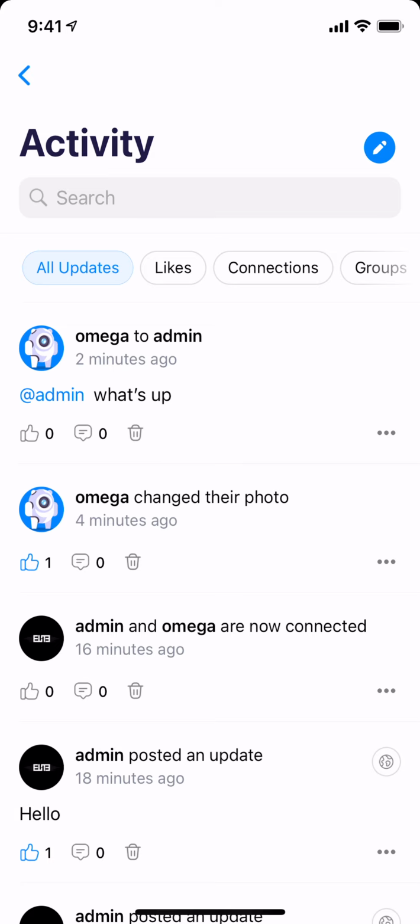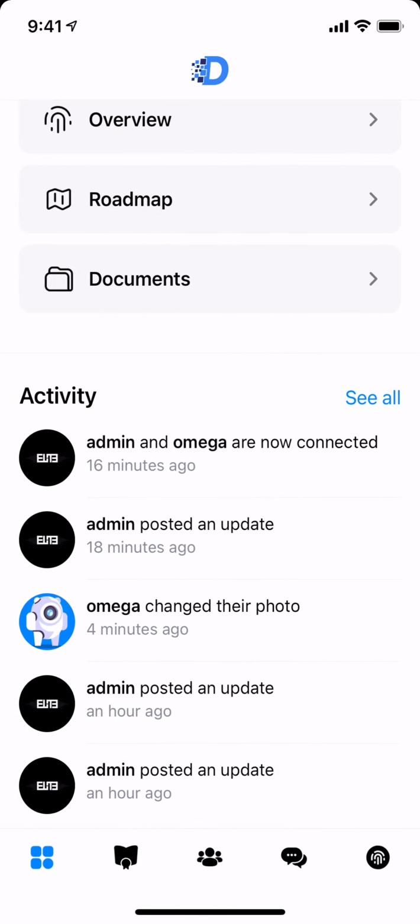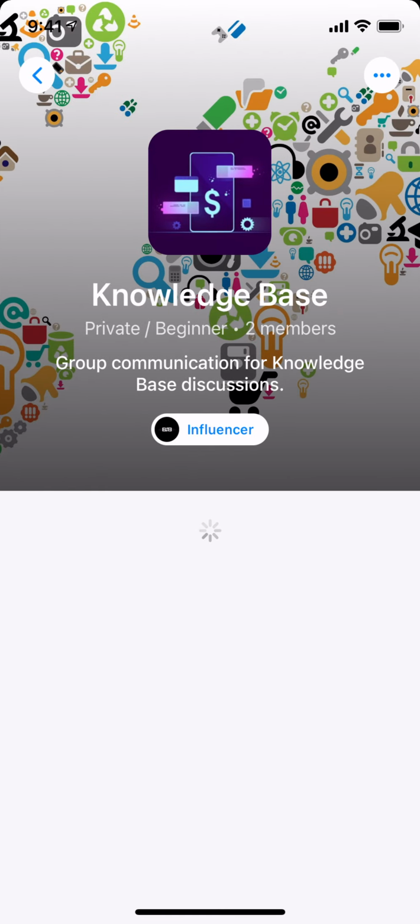Any tags that they have when they tag me inside their own content, or any push notifications I get from them messaging me on the platform or replying to any discussions and forums, etc. Okay? So that kind of helps you segregate the activity separate between the two. And if you go into a group and you go to the group feed,